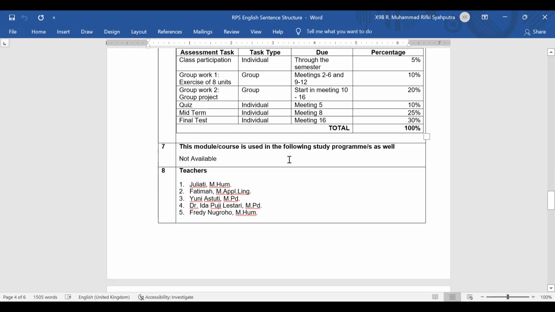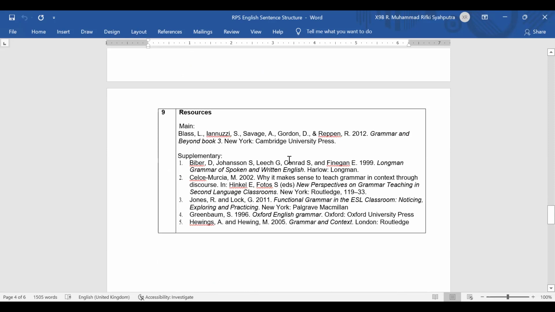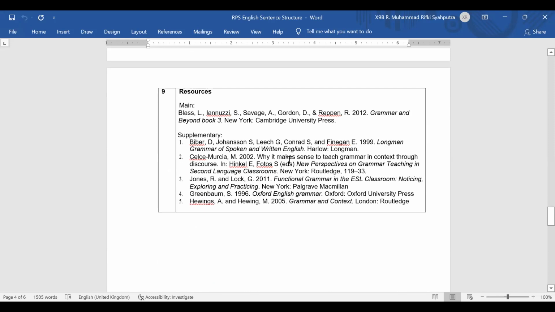Okay, and these are the resources that we have. We use Grammar and Beyond Book 3, published by Cambridge University Press, New York. Yeah, okay, so this is the assessment that we have done, yeah. Okay, I think